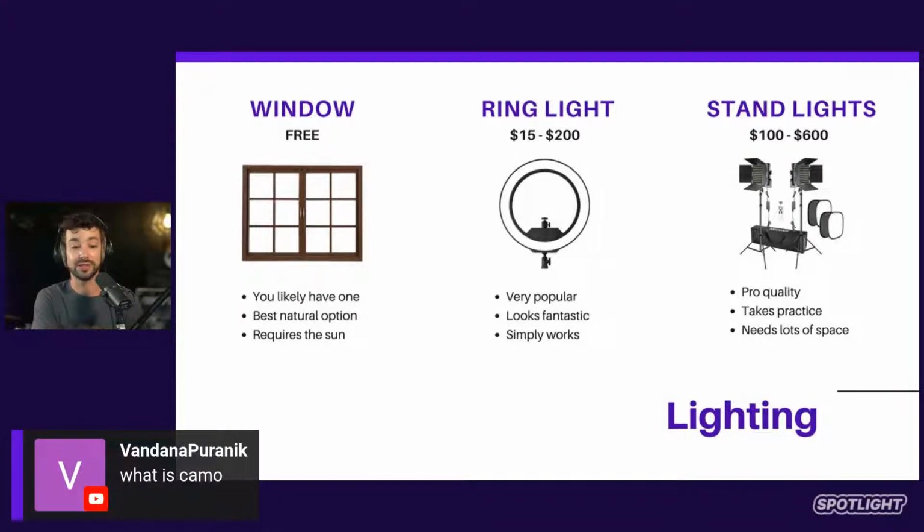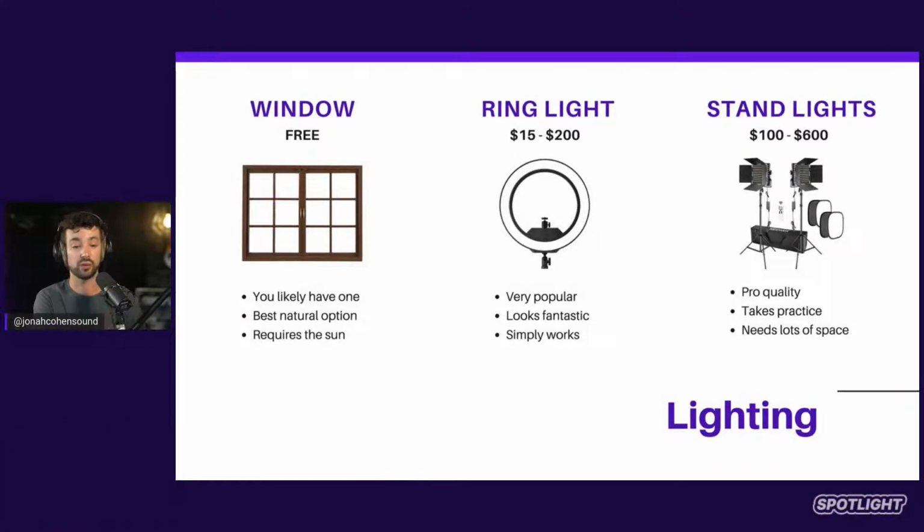Camo is the software that allows you to use your phone camera as your streaming camera. So you can't just natively do that in most streaming software. You need to actually have third-party software that routes your phone camera to your computer. But if you go look it up, it's super easy to use. All you need to do is plug your phone in, and it works fantastic.